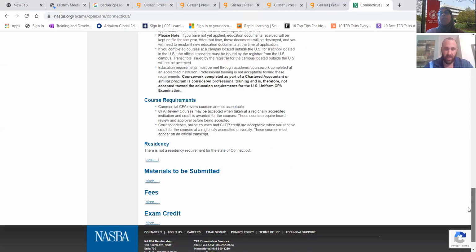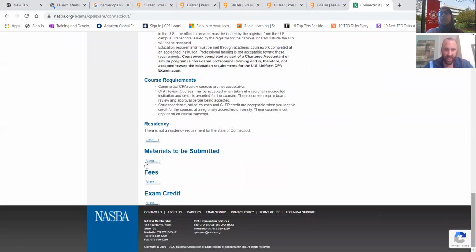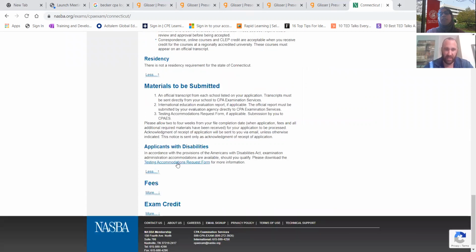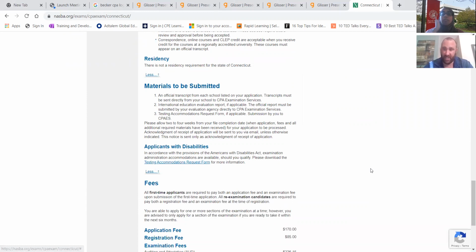So you'll go through this, look at that. It tells you what materials you have to submit, transcripts and whatnot, and then it talks about disabilities for some of you who are worried about that. And the last thing is going to be fees. These fees,